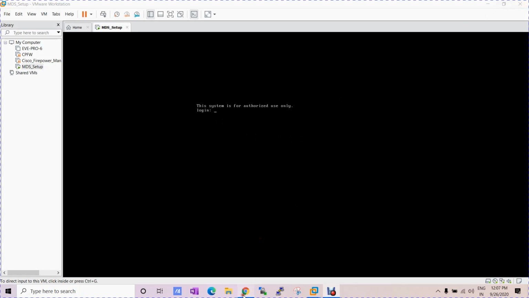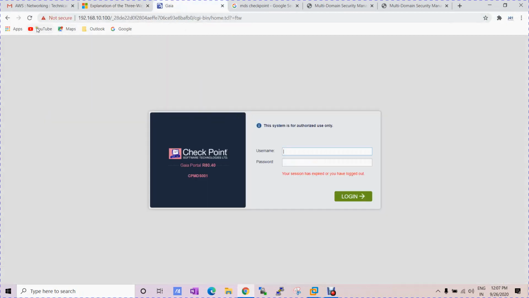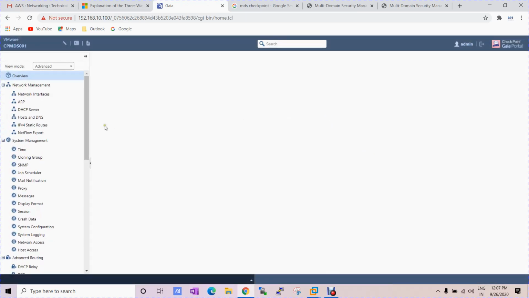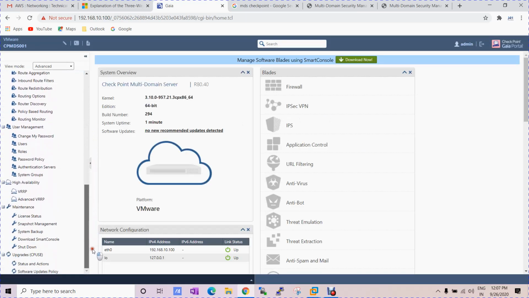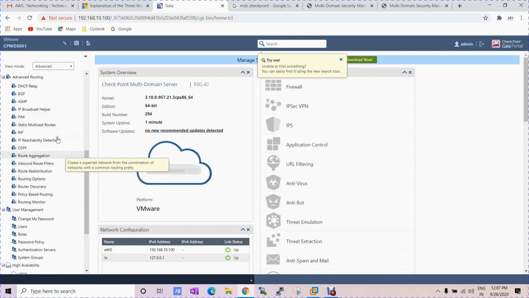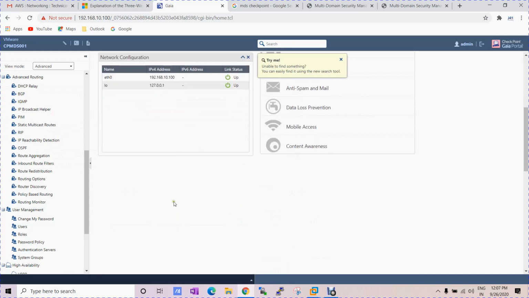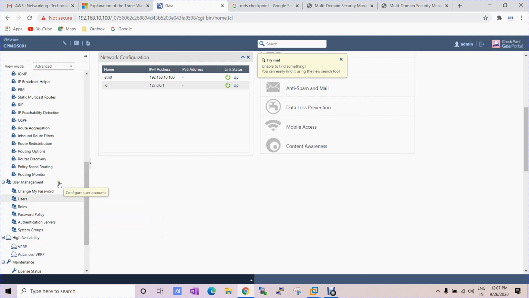So let me try to access it on the GUI again. The connection is already there. Okay, so I have increased the core, and now you can see I can access it on the browser.